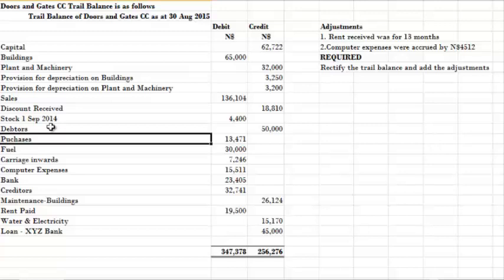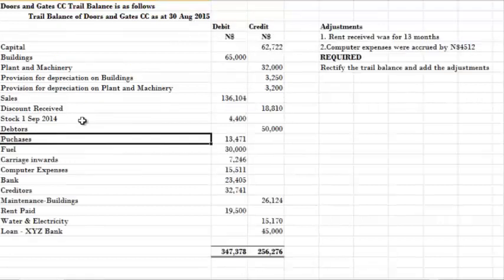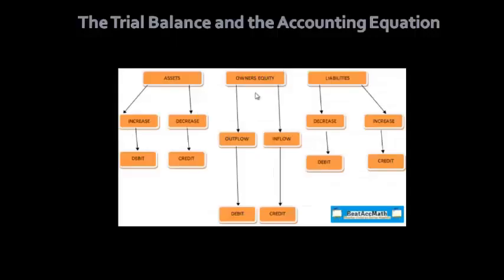So our debtors will owe us money. So our debtors is an asset, and it's displayed here on the credit side. So we need to rectify that and put that on the debit side. Purchases is an expense, which is an outflow, and all our outflows should be displayed on the debit side on